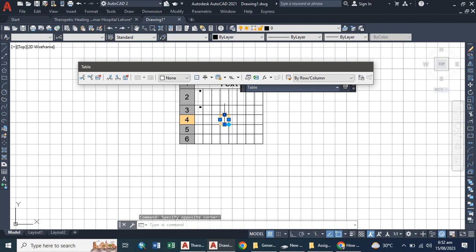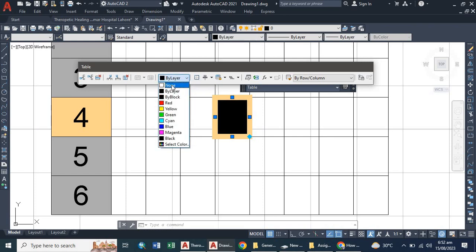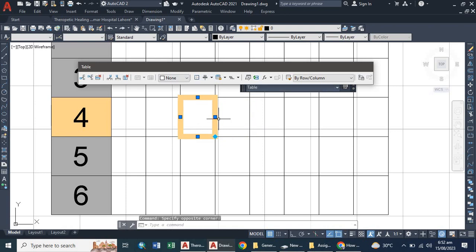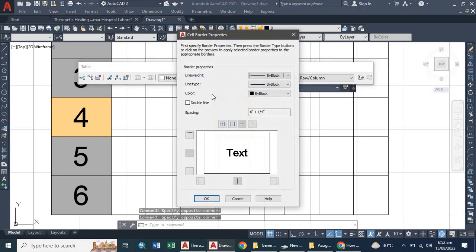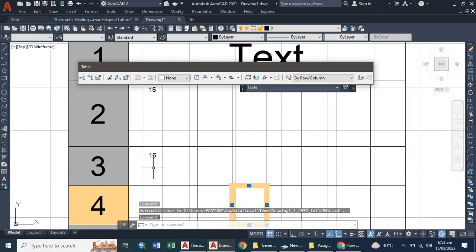Now if you want to change the background of your cell, as you can see here, you can go here and click here. Now at the time being, I'm just okay with that. And if you also want to change the style of your cell box, as you can see here, this is your box, and if you want to change the style of this, you can do it from here, but at the time being I'm okay with that. And if you want to align your text in the center or top or anything else,